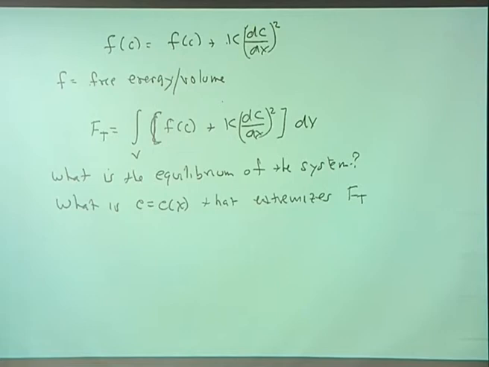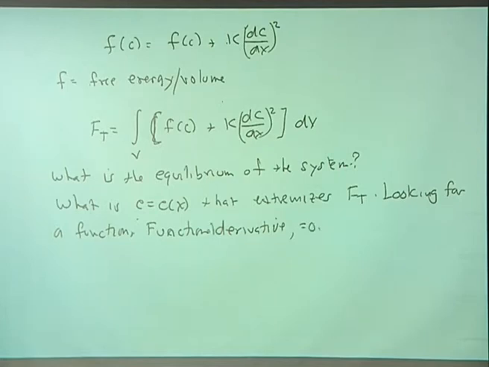Ft? So in other words, we're looking for a function. And basically, we're going to be taking a functional derivative of the equation and set that equal to 0. And I'm going to do this in one dimension, just to make life easy. So the total free energy is given by the area of an interface, say, times the integral from x1 to x2 of F, a function of C, plus K